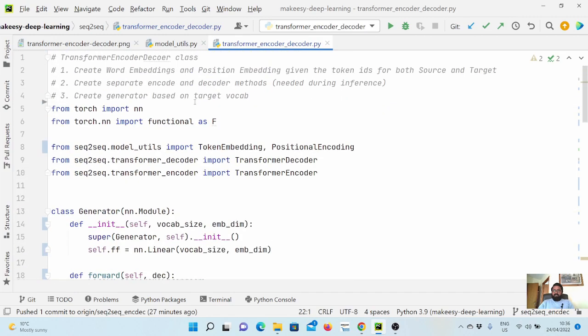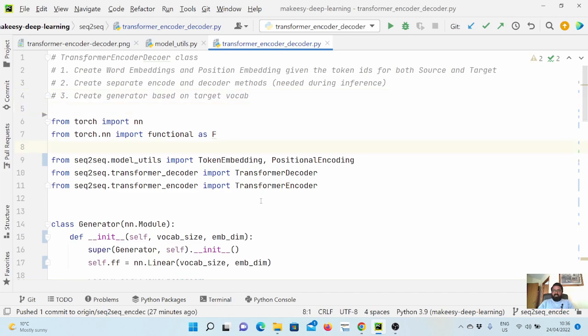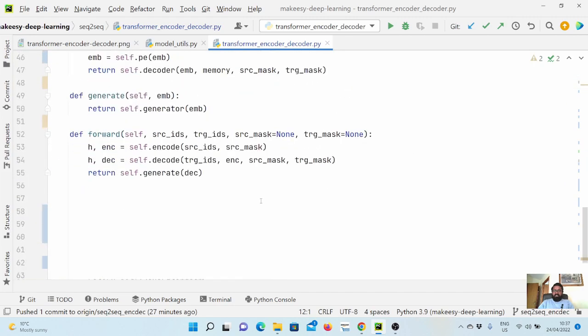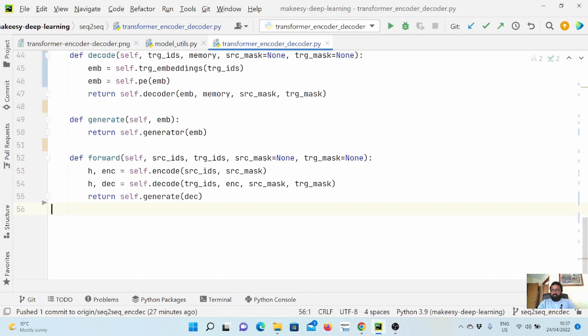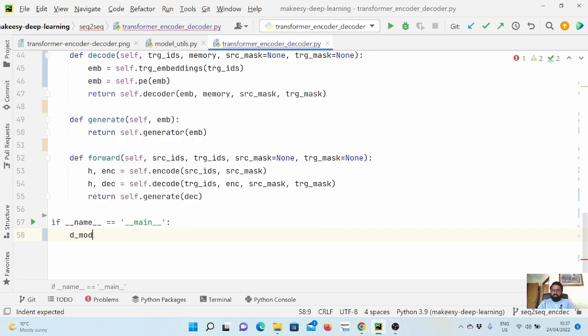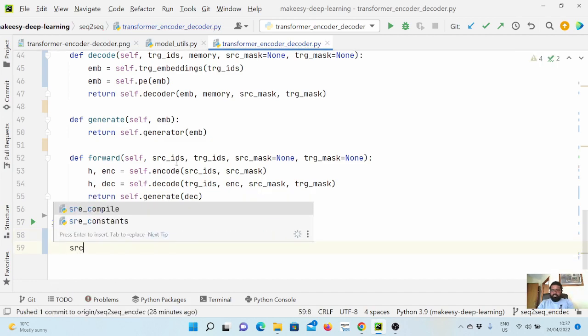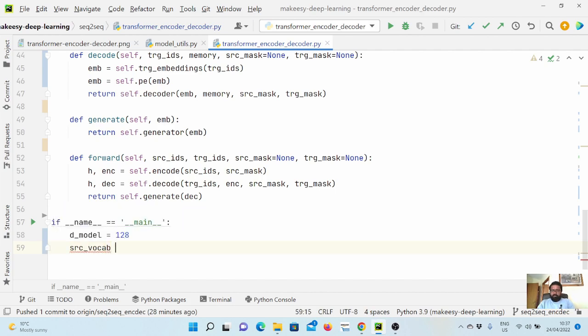So now you have implemented the most powerful model in NLP industry or any other domain in that sense. Now let us test it out simply. So we will simply create a main. What we'll need is the dimensionality of the model, which let us call 128, and let us say source vocab size is 1000, target vocab size is 2000,